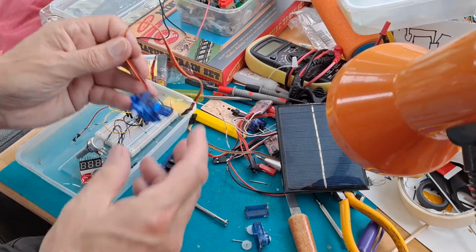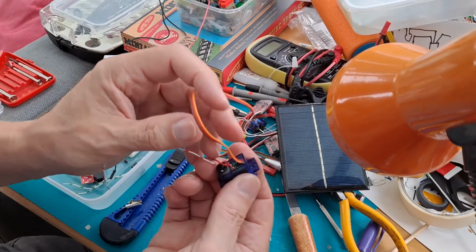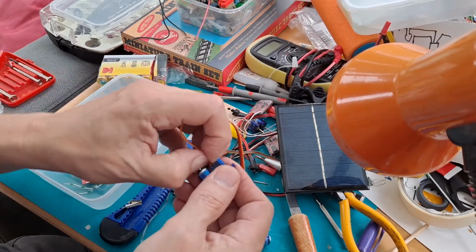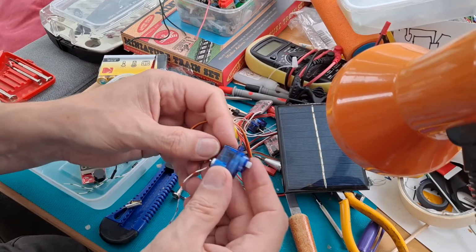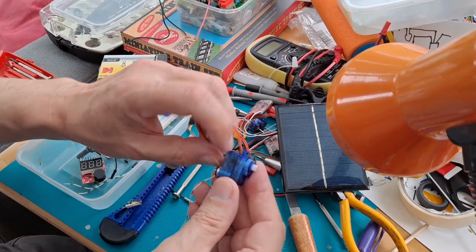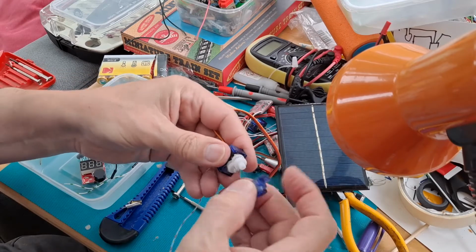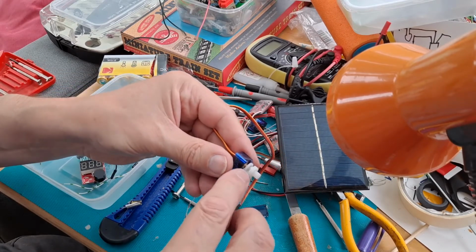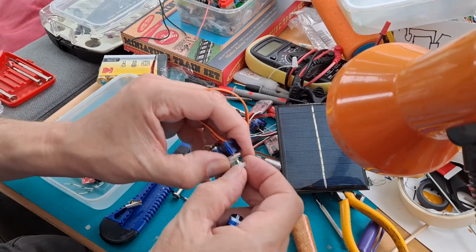So I had a look through my junk pile. I found another servo that I've obviously been working on in the past, which I should be able to get the circuit board out. Oh, I can see the circuit board's directly soldered to the potentiometer, which tells it how far round it's turned. Well, we don't want the potentiometer, but we do need the shaft that it's on. And we also need to chop off,